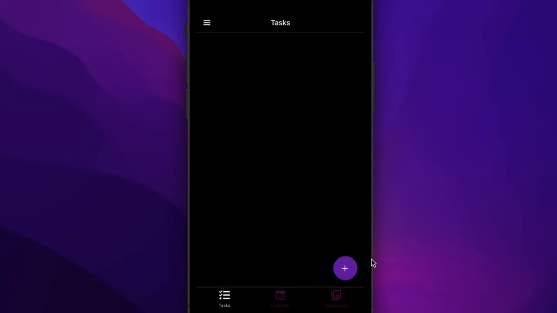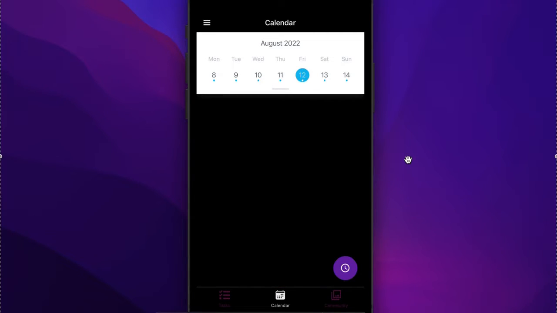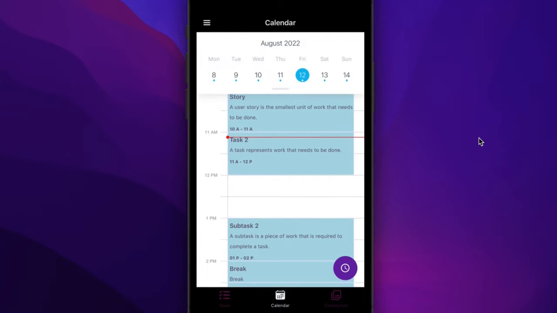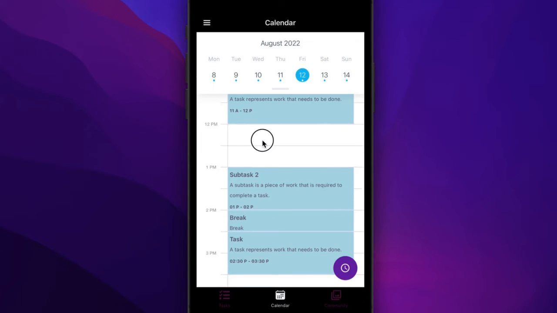This is where you can add tasks. But our main concern here is why we need to use Google Calendar in the app. It's because we want to allow the user to manipulate the Google Calendar inside the app itself. And so now we're inside the app, and as you can see that you can